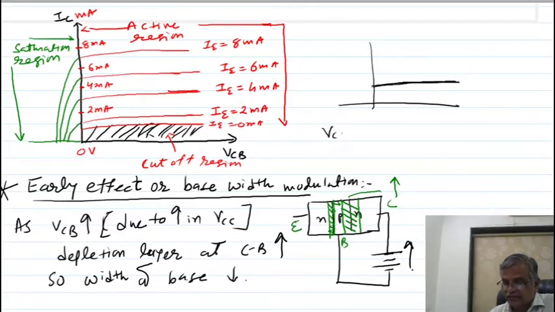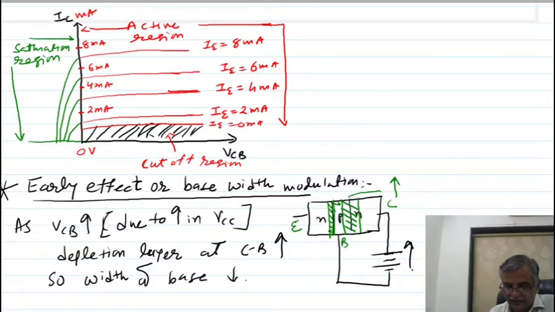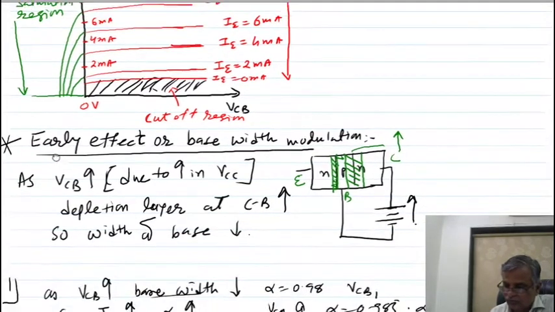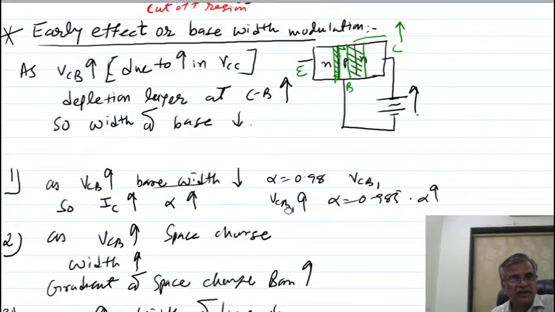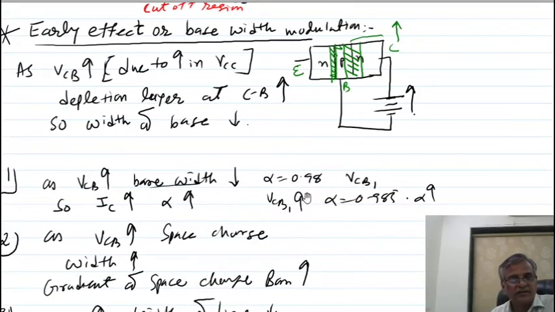Listen again. As VCB increases, you know that alpha increases. Due to this, you are getting a slightly increasing graph. So this represents that the output resistance of the common base configuration is not 0. Remember that I will use this information in some topic. Due to the increase in collector base voltage, alpha slightly increases; it becomes 0.98 to 0.985.